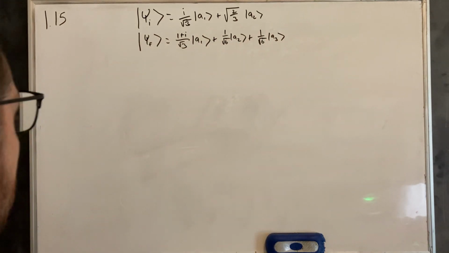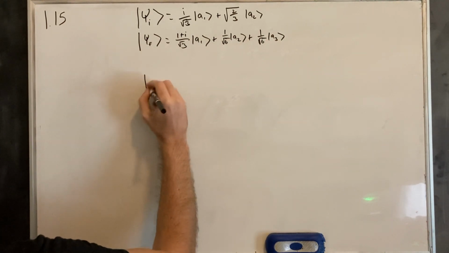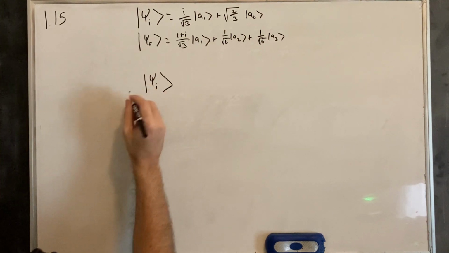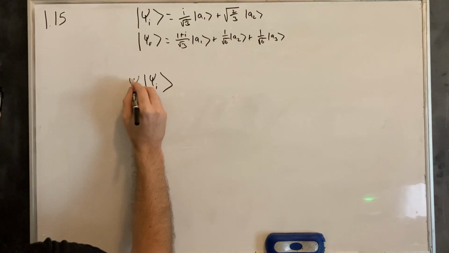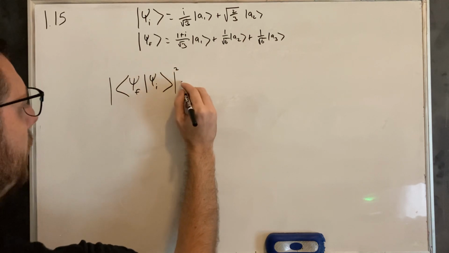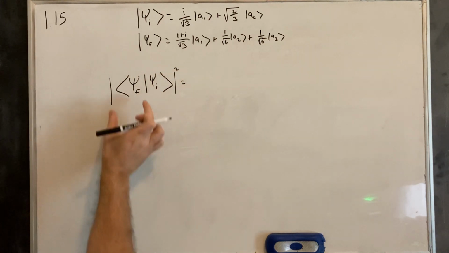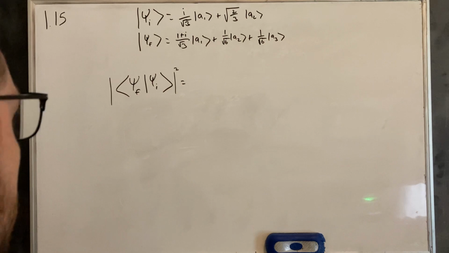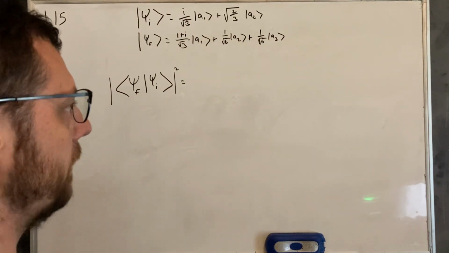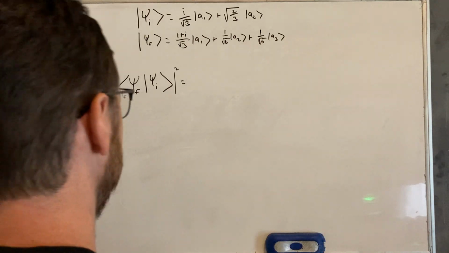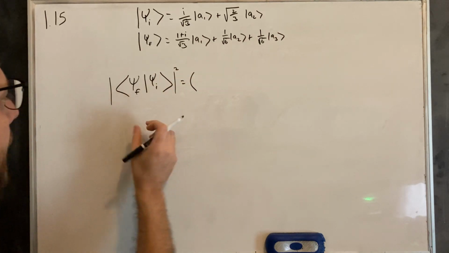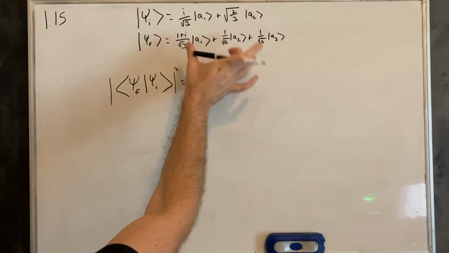state. So to do that, we know that we have our initial state here. And if we have that initial state, what's the probability that it'll end up in this final state? So we need the probability, so we'll square this. So all we got to do is take the bra of this, do the same thing that we've been doing. We just have two states now, which we've had before. We've tried to do the x direction from the z basis and things like that. But anyways, let's go ahead and remember to complex conjugate this because we need to get the bra of the